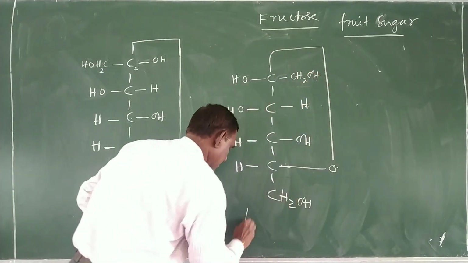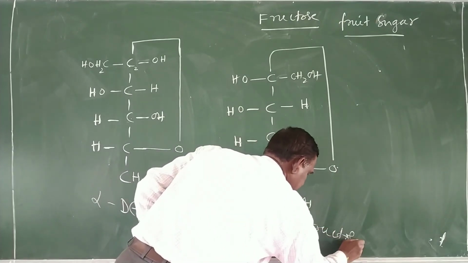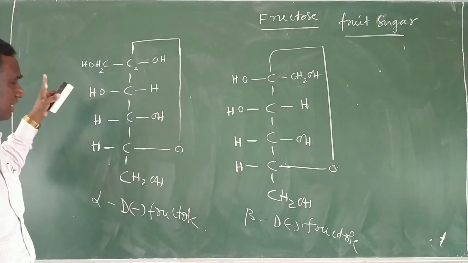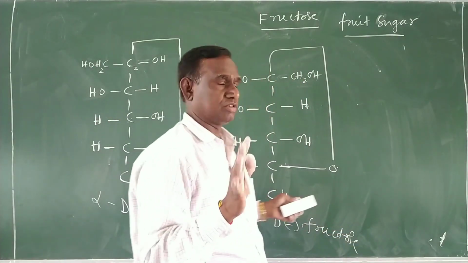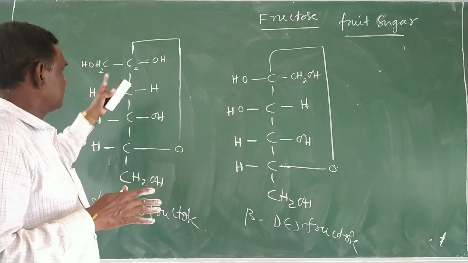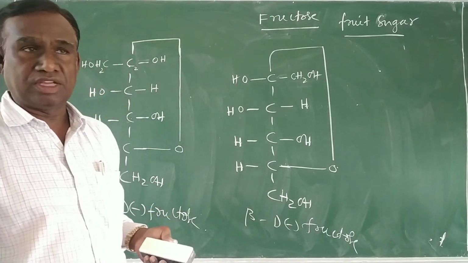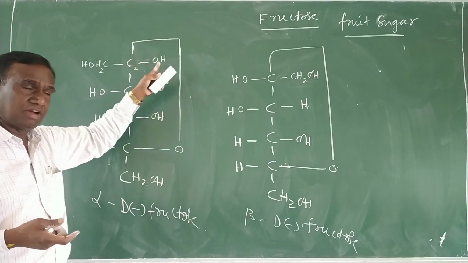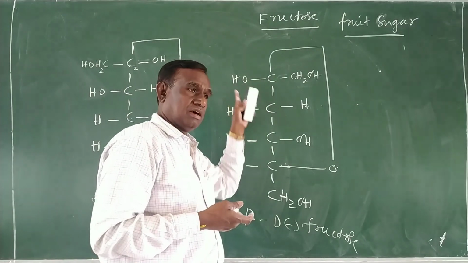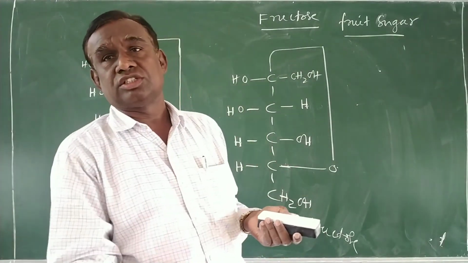So this is beta D minus fructose. Therefore you see alpha D fructose and what? Beta D fructose. But it is minus, of course. So therefore you see, fructose contains a ketone group at the second carbon atom. Therefore you have to write the second carbon atom: OH group is present on the right hand side for alpha, and OH group present on the left hand side, that is what? Beta. So after that we have to write the Haworth structure for this also.